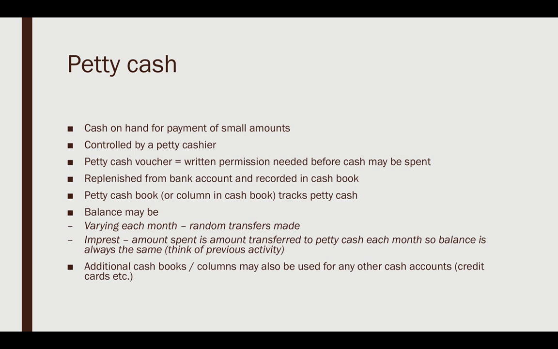Any additional cash books or columns may also be used for any other cash accounts. For example, these days you'll generally find that there are very often credit card accounts. Many of your employees who obviously are trustworthy might have their own credit cards on the business account. Obviously, similarly, they would need to be able to justify all the expenditure, and they would need to keep supporting documents. But these credit card accounts could also be columns in a cash